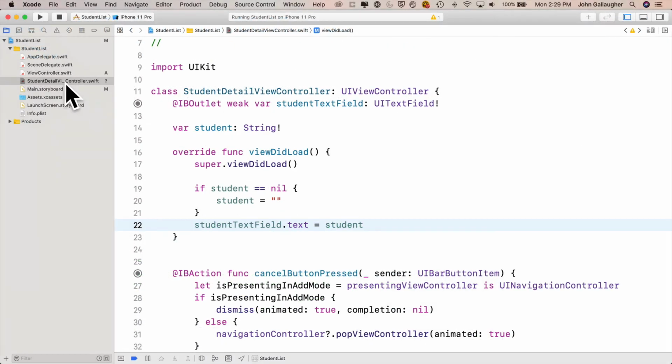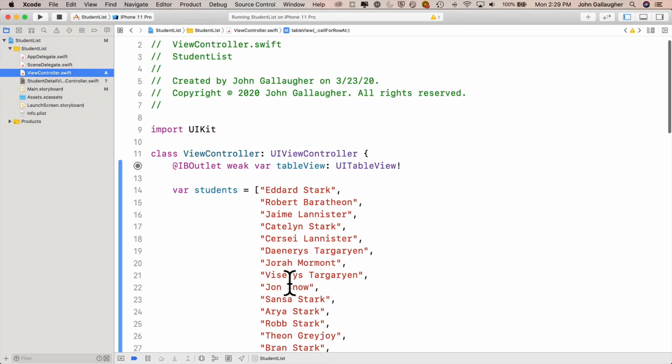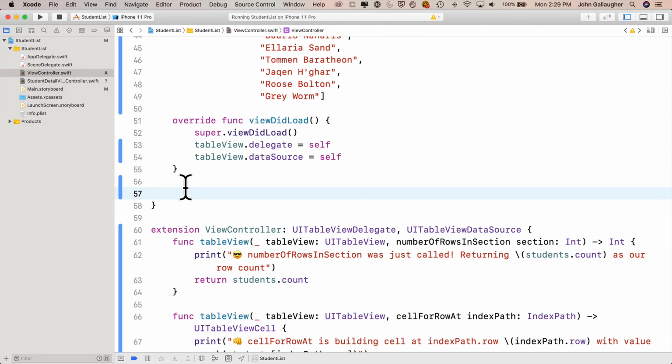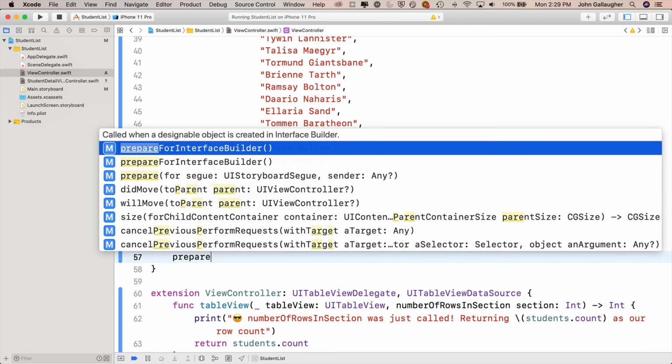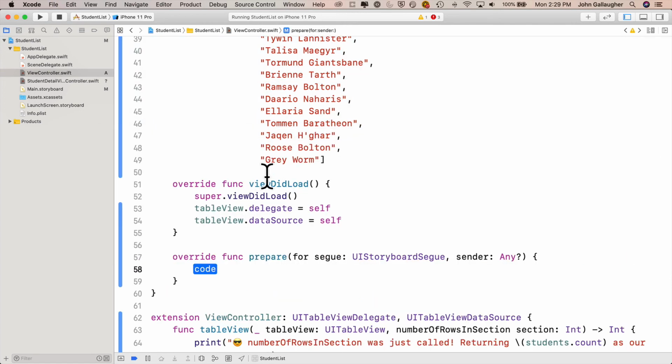Let's write this code. So inside our view controller, this is the view controller that contains the table view, we're going to add a prepare for segue. We'll do that right after view did load. Before the close curly for our class, we'll say prepare, select the one that says for segue. This is an Apple function. It executes just before any segue is performed. We don't need to change any of the values that are passed in here, but what we'll do is we'll check to see